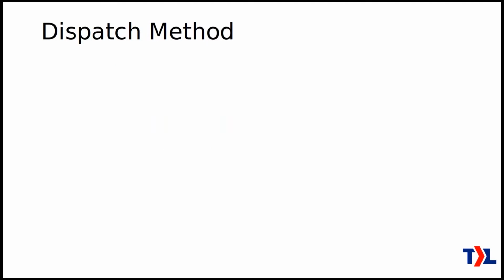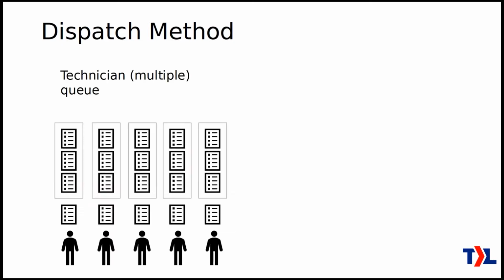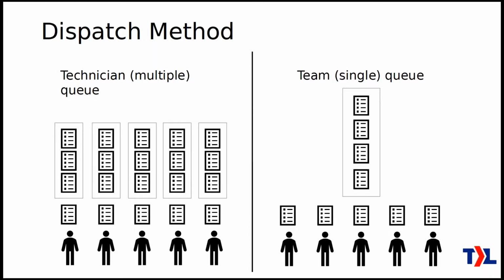Okay, so the third decision that you need to make, and this is kind of the most interesting one actually, is that you need to figure out your dispatch method. And I want to emphasize that this is an important decision, but it's not necessarily a permanent decision. Okay, you can decide on your method, and then you can change it later. It's not like you're getting married to this. You can change this later. So your two choices here are between a technician queue, or basically having multiple queues, or having just a single queue, basically one queue of work for your whole team.